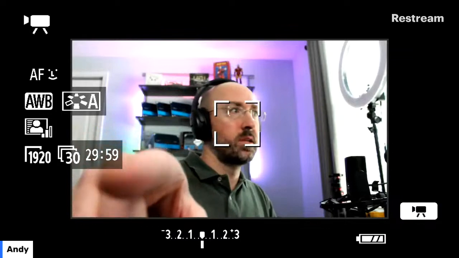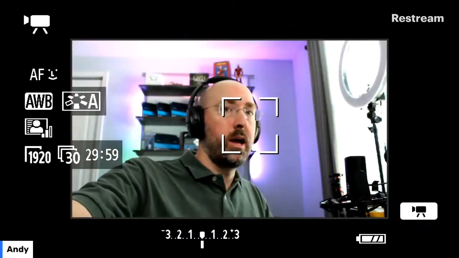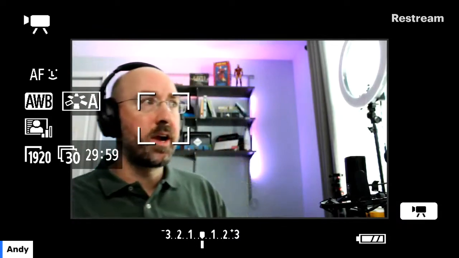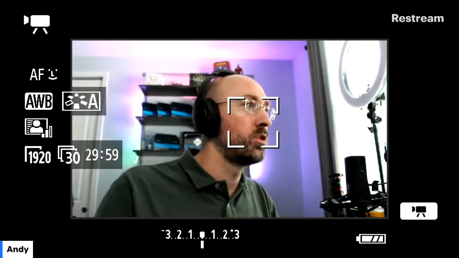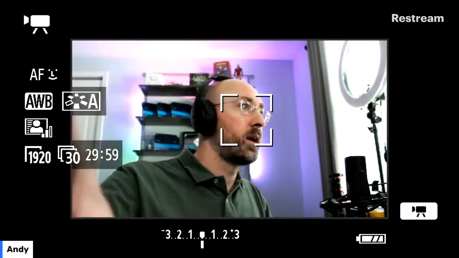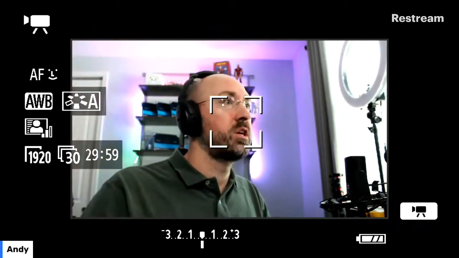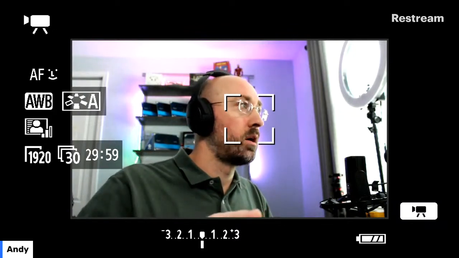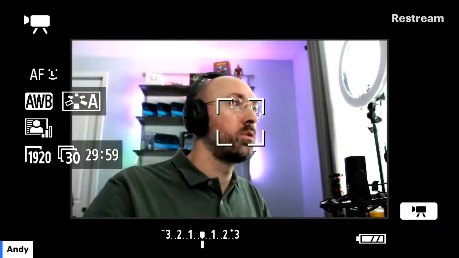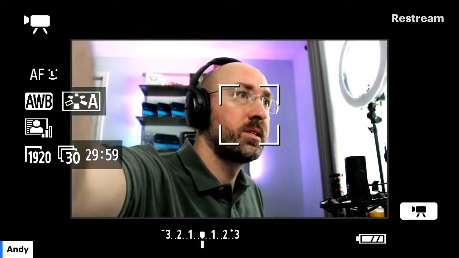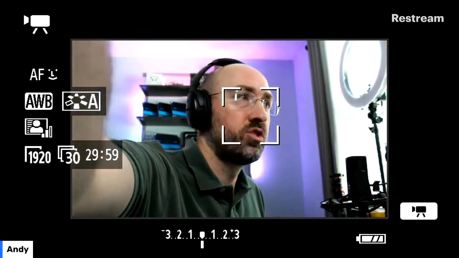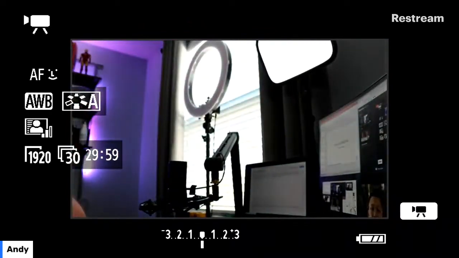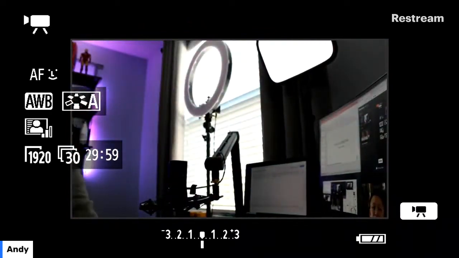So this is my Canon camera, and you see this is not a clean HDMI. You see it's doing the facial tracking, like the focus. You see the menus that are on there. Some cameras do not do a clean HDMI out. So depending on the type of camera that you're working with, this is what you might actually see. Now, in some cases, there's a display option, and you can change it. Let me try this.